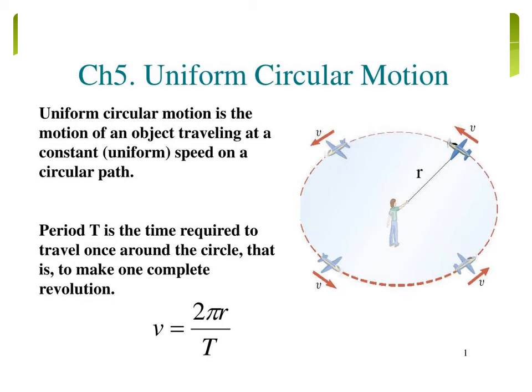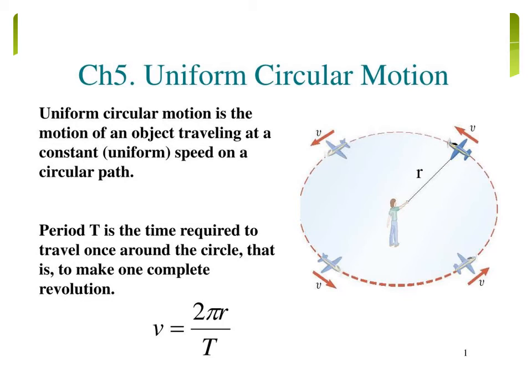For example, the revolution of Earth around the sun, and the revolution of moon around the Earth, and the tip of the second hand of the clock. Have you watched your clock? So the tip of the second hand of a clock, all are accelerated motions.